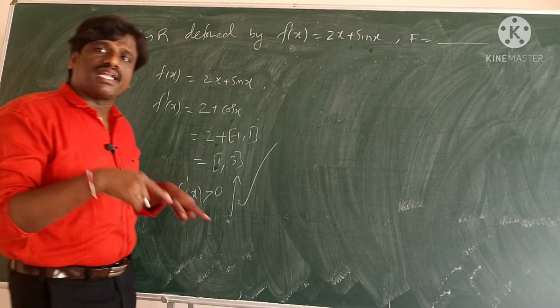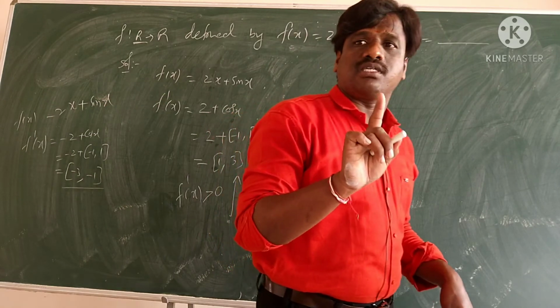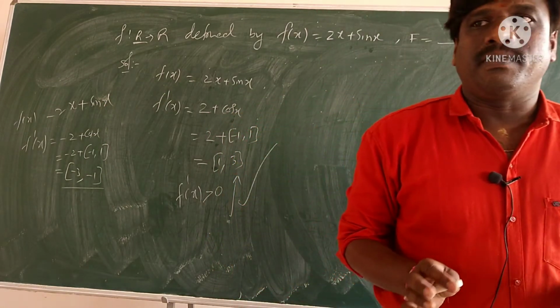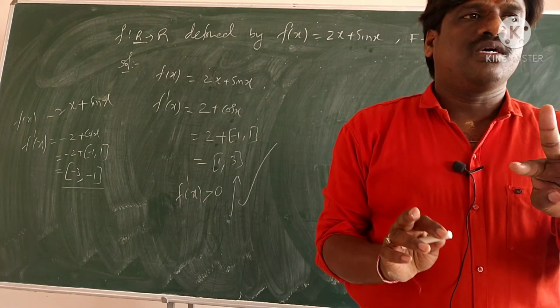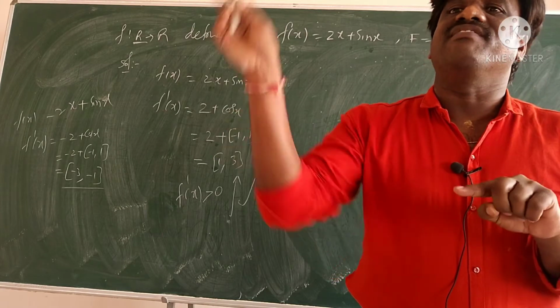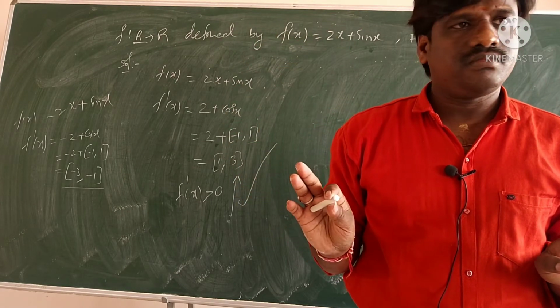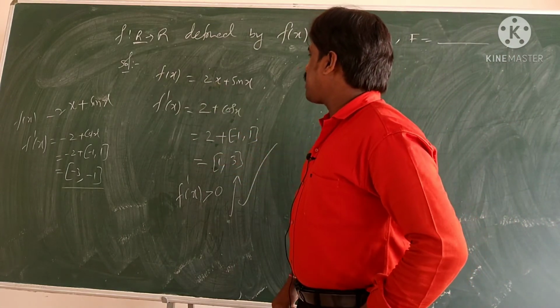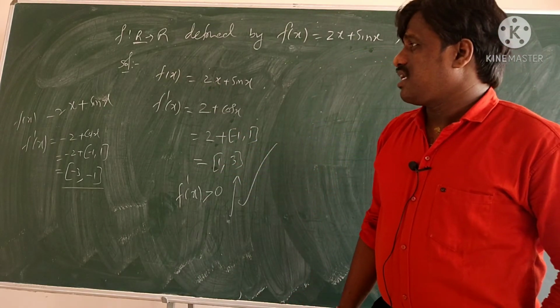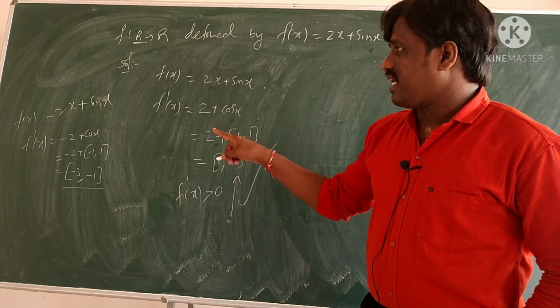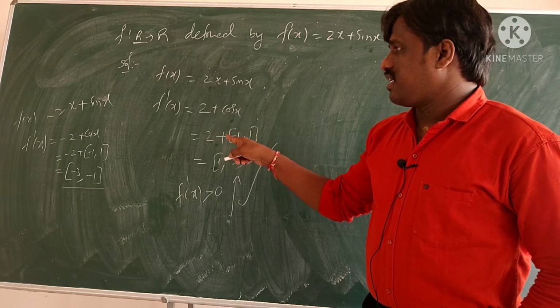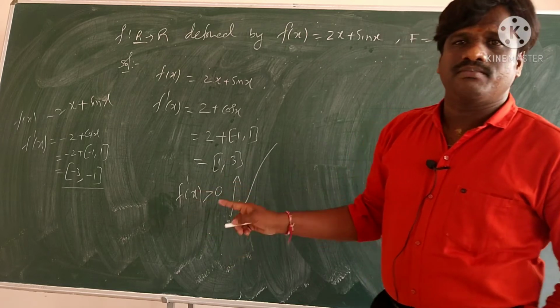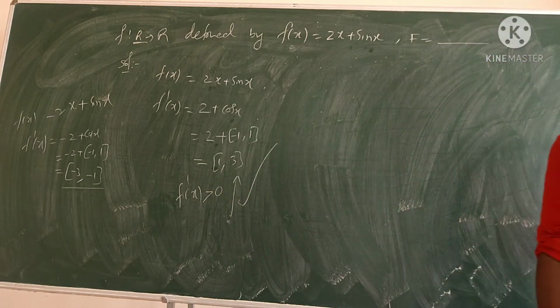If I get completely negative, or if I get completely positive, I can say 1 1 function. But if you get negative and positive, then I can say it is many 1 function. To get a many one function, what number should be there? Can I take x? If I take x, 1 I get. So 1 minus 1, 0. There also you are getting positive, right? No problem at all.